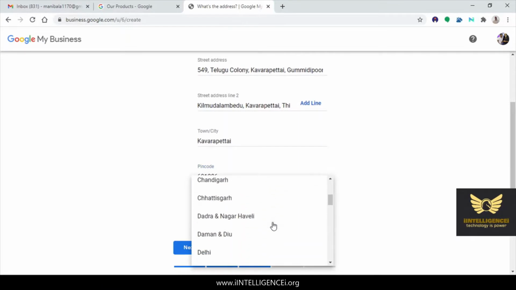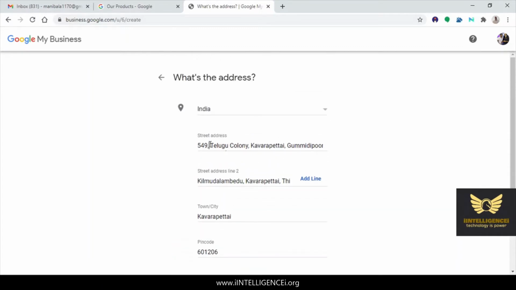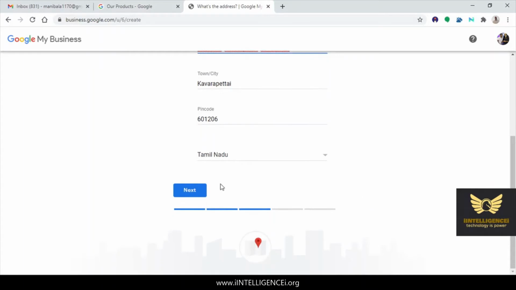You give the state. Which state do you belong to? It belongs to Tamil Nadu. Right. So first you need to give the address carefully. Right. Now click next.